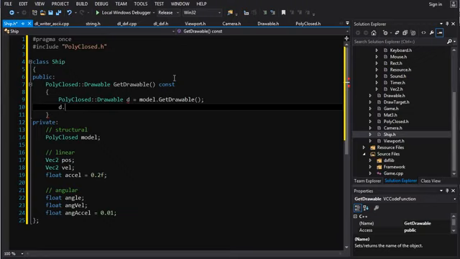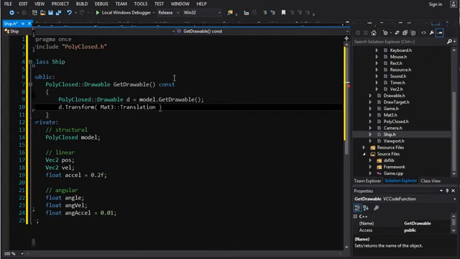So we go transform mat3 and we do translation by position